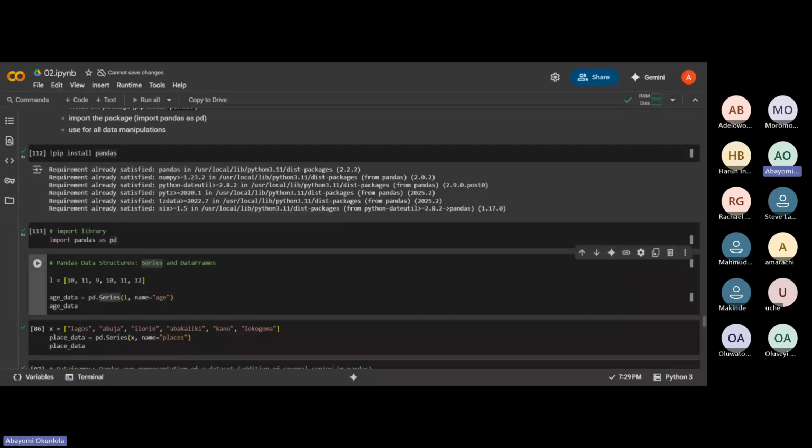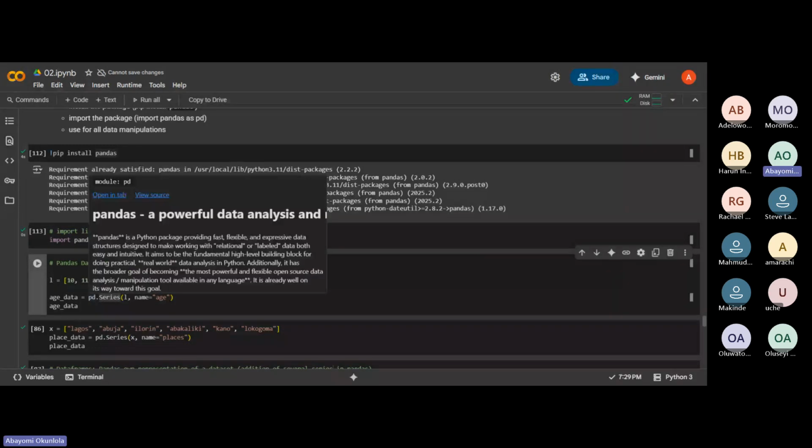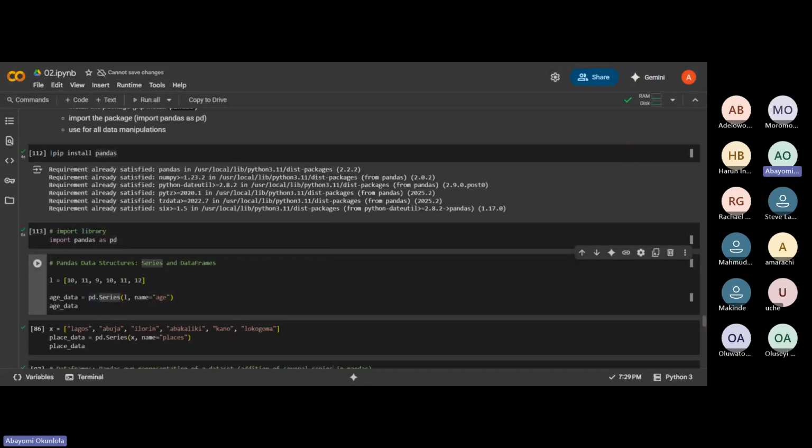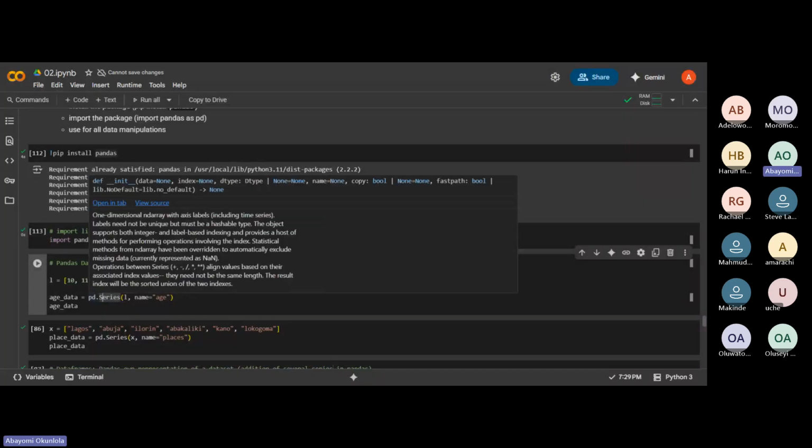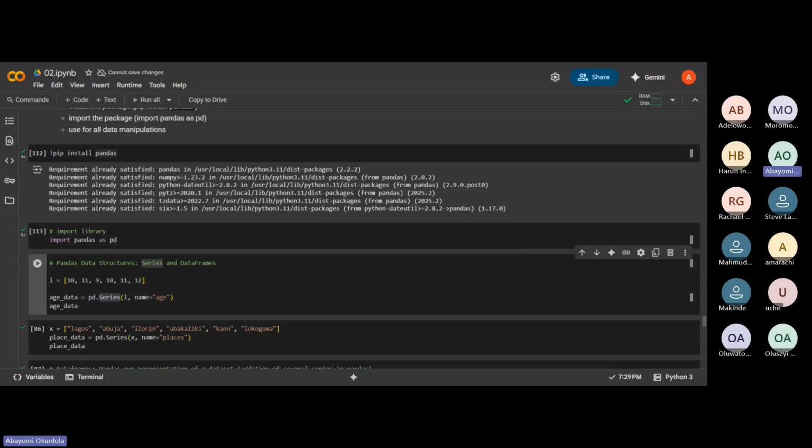Please always take notes of these modules. Series starts with a capital S, and DataFrame has a capital D and a capital F. We'll still get there. So now we say pd.Series, we have our L, which is our list, and then we want to give it a name. The name of that column is going to be age. Let's run this now.